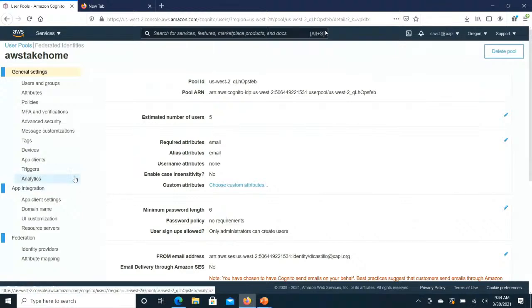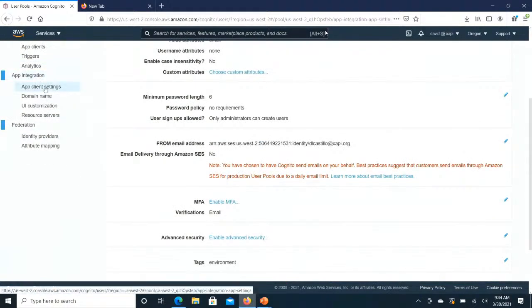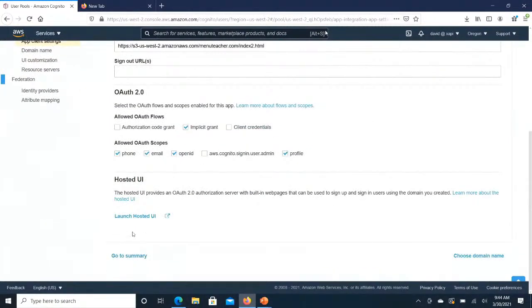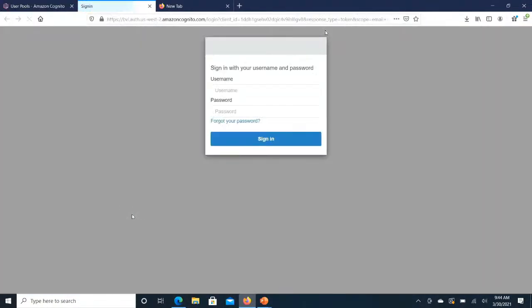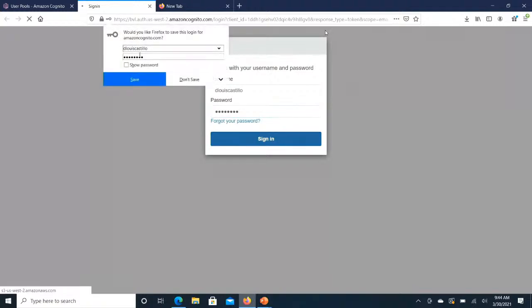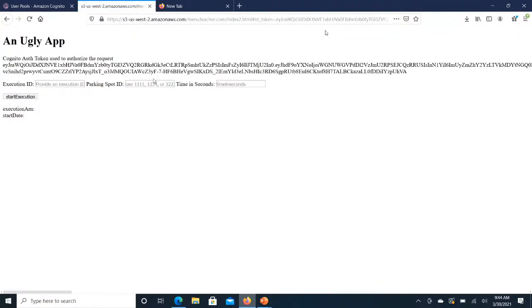But you can see that I have down here a little URL that I'm going to hit. Okay, this is basically providing me a place for my users to log into my application, and I'll just go ahead and do this. Okay, now all this did was authenticate me as a user and provide me what's called a JWT token. It's kind of an OAuth token. That's this long thing up here. It looks kind of crazy, but this is what I'm going to use.